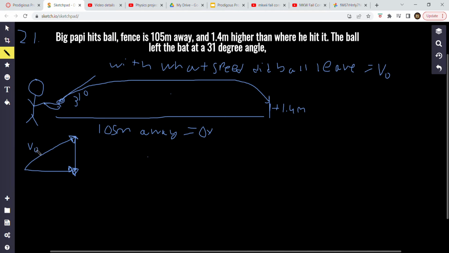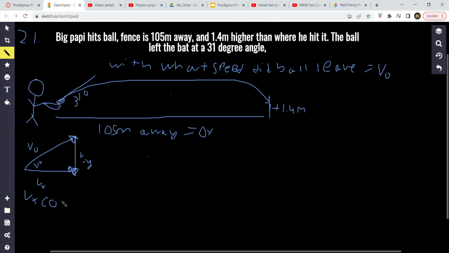So this is V naught, this is 31 degrees, and then Vx and Viy. So we know Vx is really just